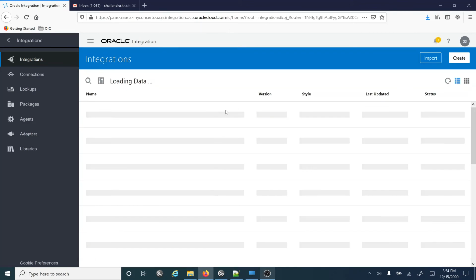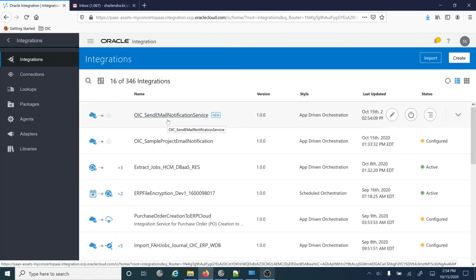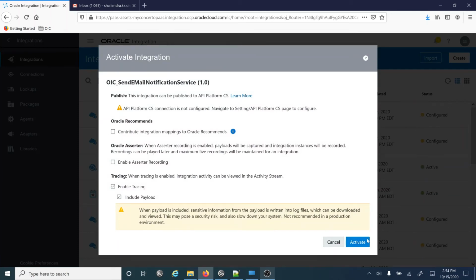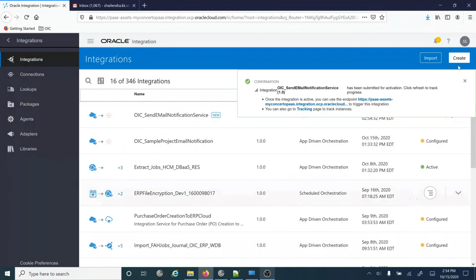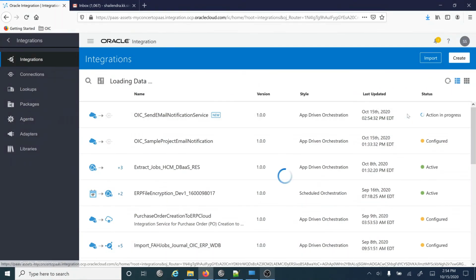So now I have configured the email notification feature in this particular project, and friends, I'm going to test it. Before doing that, we need to activate the service. So we'll click on the activate, and after that I will test this service and show you how the email notification is sent out. Now we'll click on the refresh, and now you see this is the run button.